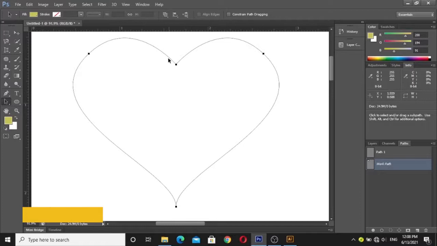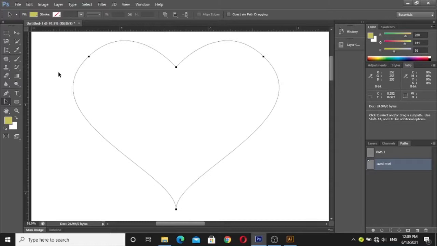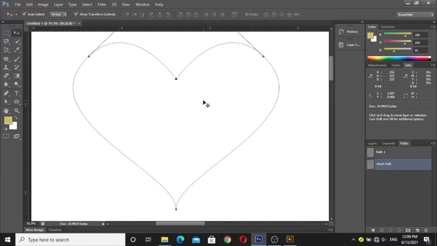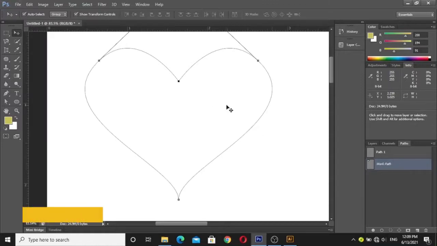Now I am able to move this path. I can do little modifications by using the direct selection tool in Photoshop. I am going to change the point position using the path direct selection tool.